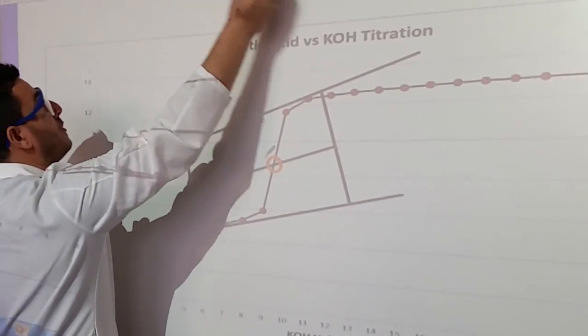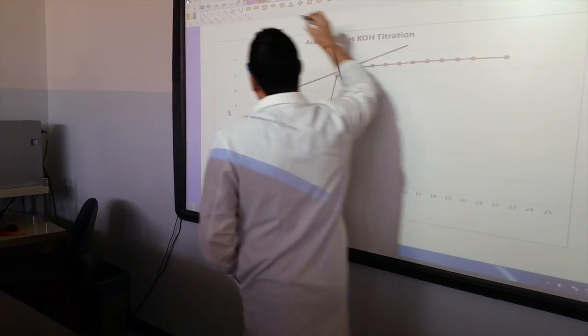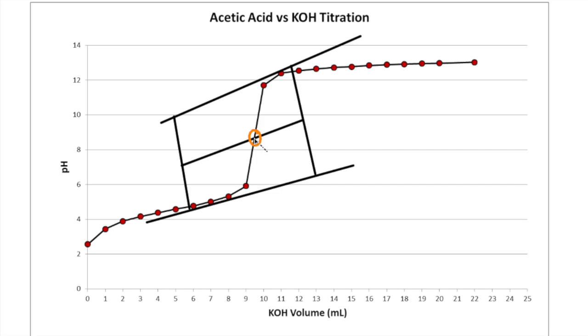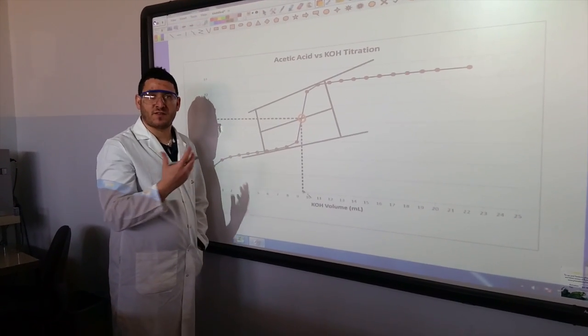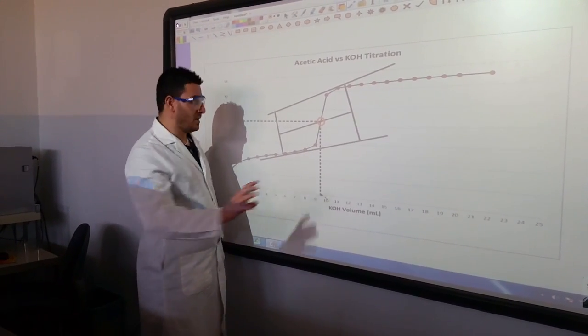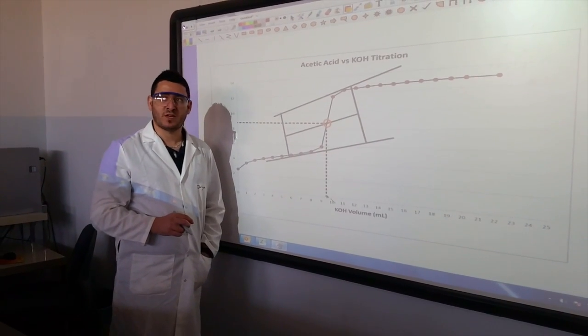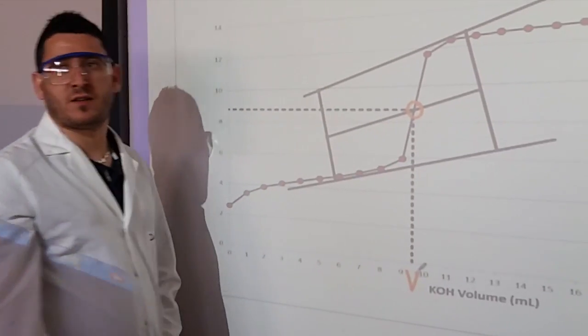equivalence point. Now, from this point, you project a horizontal line to the y-axis to determine the pH, okay, and a vertical line to the x-axis to determine the volume at the equivalence point. And as you can see, they're almost the same, which means you should expect the concentrations of acetic acid and hydrochloric acid to be the same. I will leave this up to you for the calculation. But this is a very important step. Okay? So using these volumes, this volume here, you can calculate the concentration of your